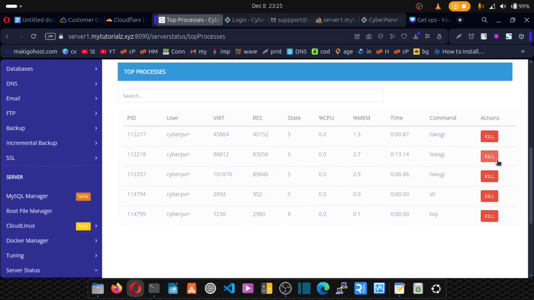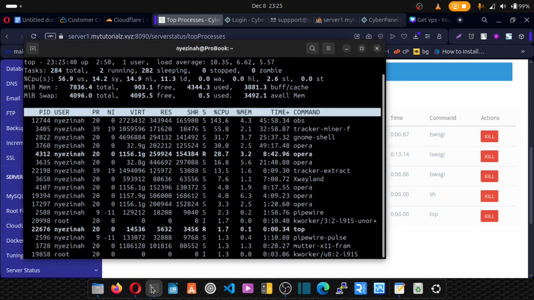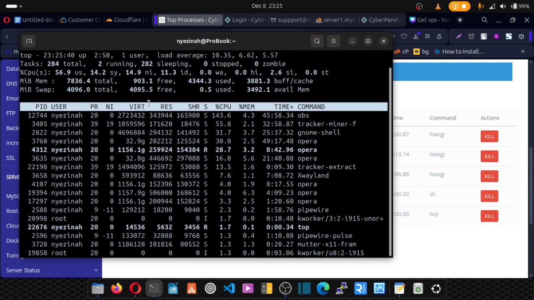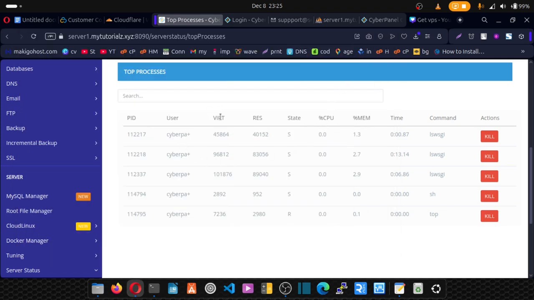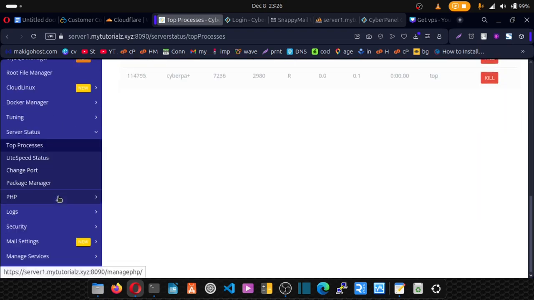You can kill it, all right, which is something like this. Is the same as this. I can also kill a task by entering the task ID and killing it from my terminal. So it's just the same, but in a very neat and modern way of doing it. That's what CyberPanel accomplished. Okay, so let's scroll down and we have your LiteSpeed status, forget about it, and